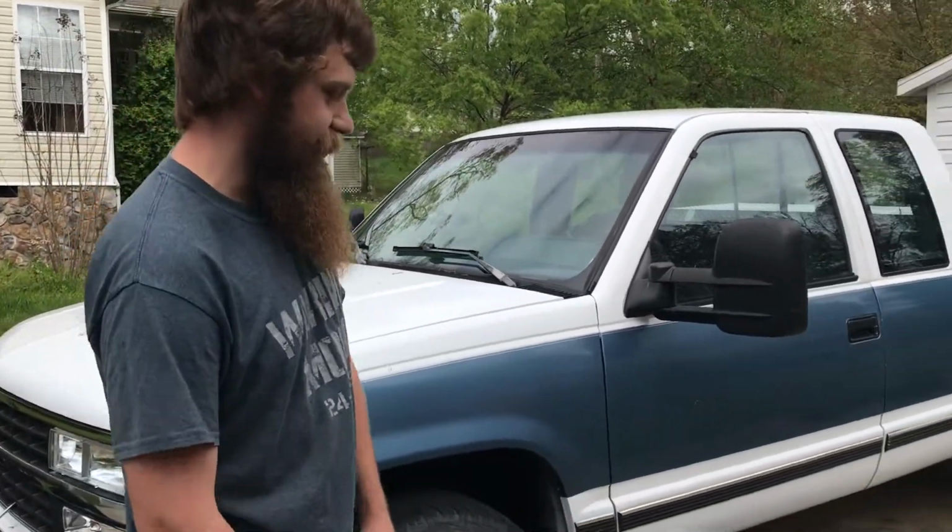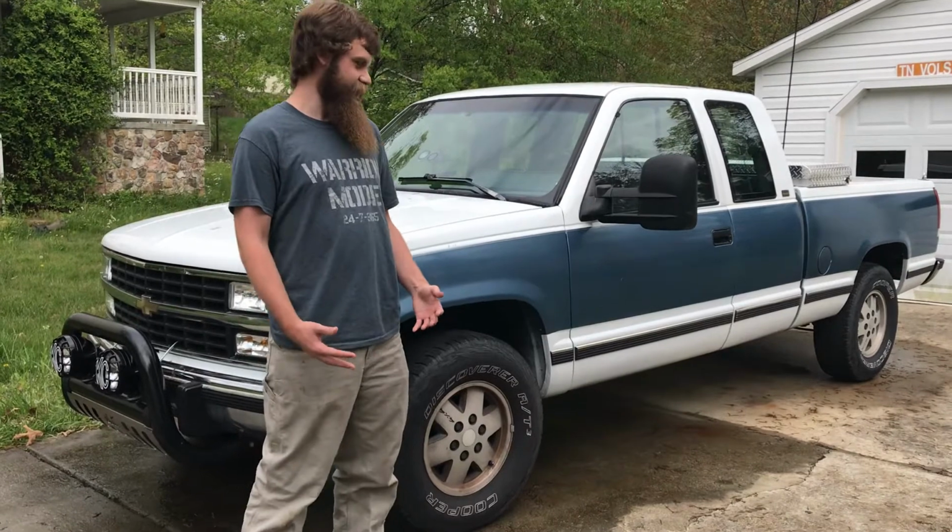Living on that college student budget, it's sometimes hard to work on this truck and be able to do to it what I want to do. But now that I start my job this summer, I'm really excited about what's to come. And I'm excited about what my next project will be. So I'm entering this truck in the most factory category, and I think I deserve to win that $1,000 because